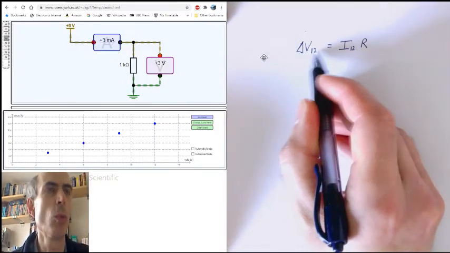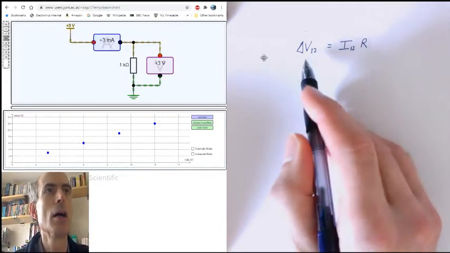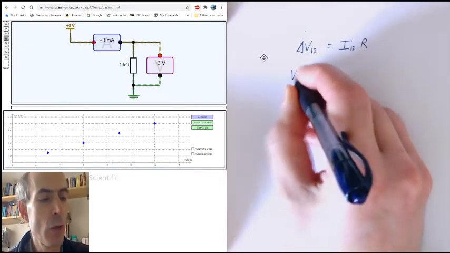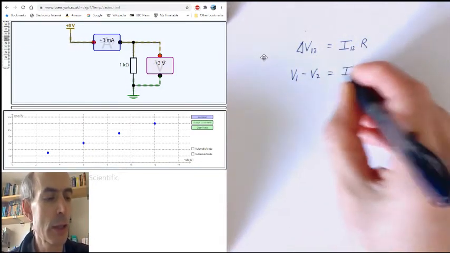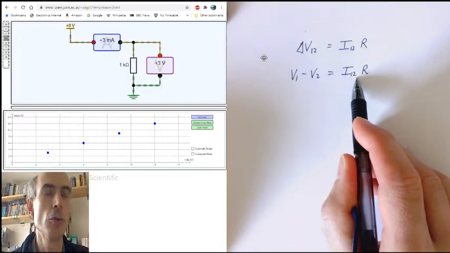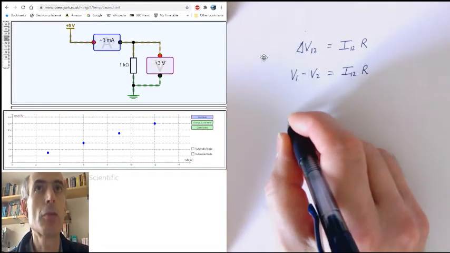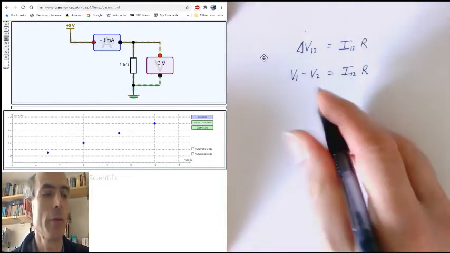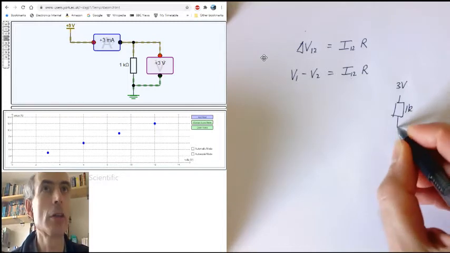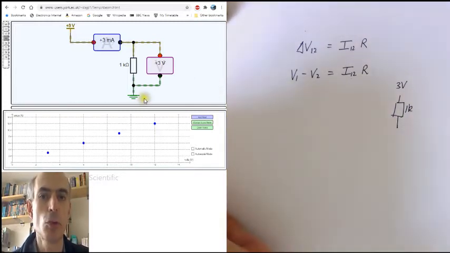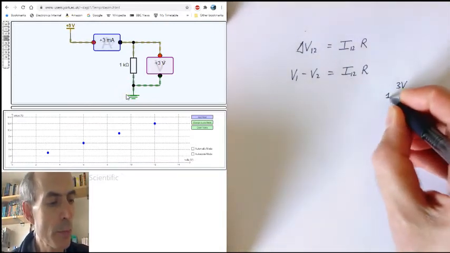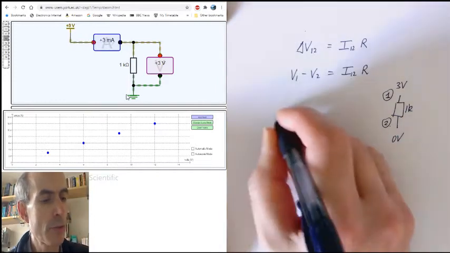I don't usually write the 12s, they're just to remind me what the voltage difference is across and which direction the current is. V1 minus V2 equals I12 R, where I is the current from node 1 to node 2. So in the case of this circuit here, we've got 3 volts at the top of the resistor. We have a 1K resistor, and we have ground, this point here, or 0 volts, at the bottom of the resistor. So if this is node 1 and this is node 2, then V1 is 3,